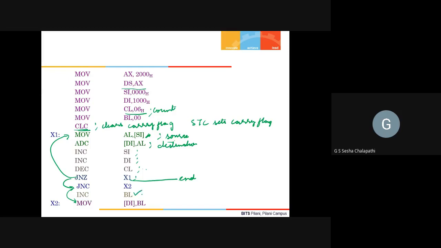Why DI? DI is incremented after every addition, including the sixth addition.